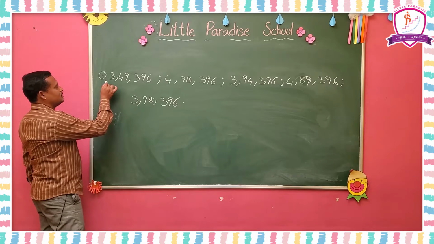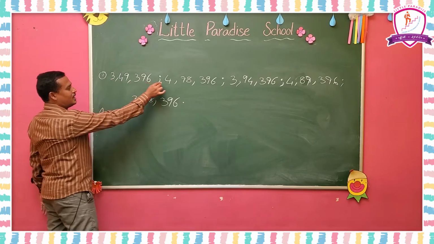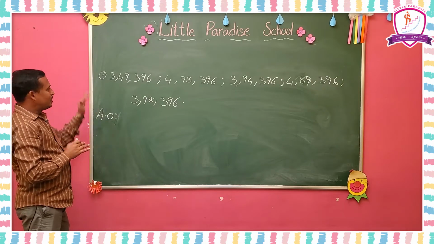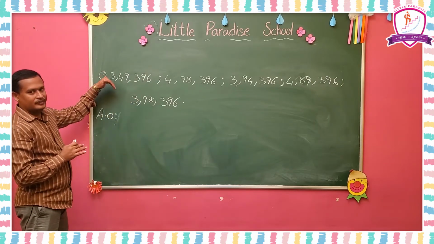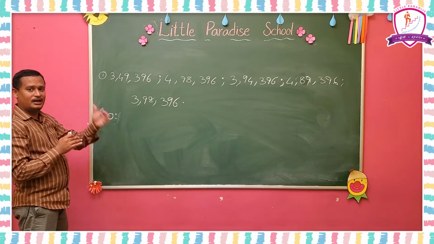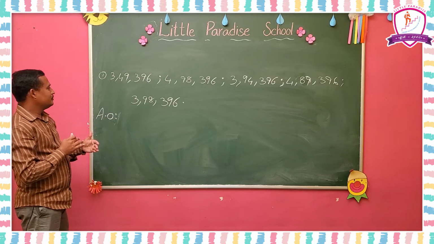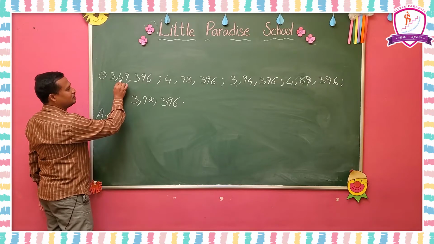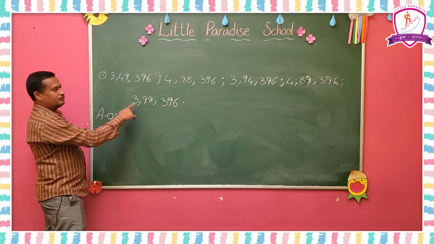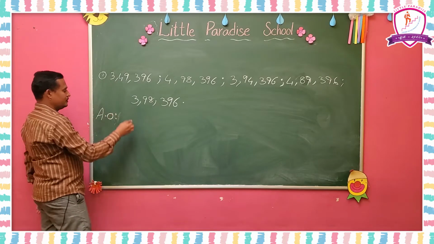What is the highest place in the following? Here 3 lakhs, 4 lakhs, 3 lakhs, 4 lakhs and 3 lakhs. 3 lakhs is the smallest one. Among these, there are 3 numbers with 3 lakhs. In these 3 numbers, to find the smallest one, go to the thousands period. Here 49,000, here 94,000, here 98,000. 49,000 is the smallest one. You have to write